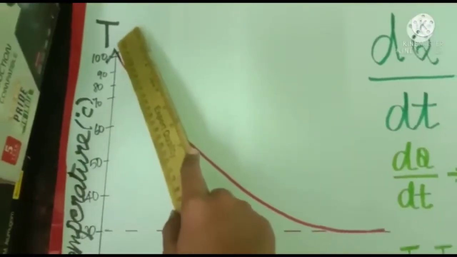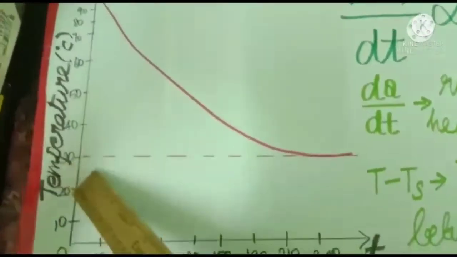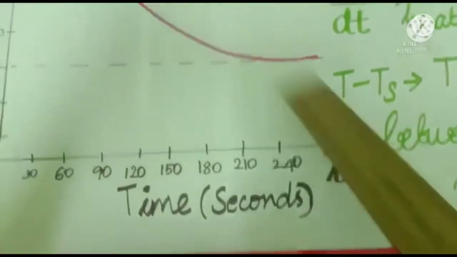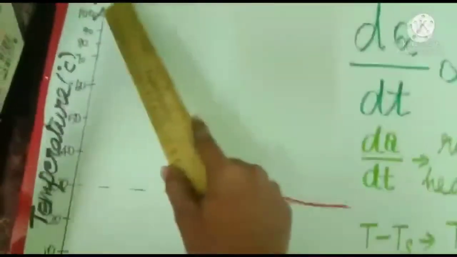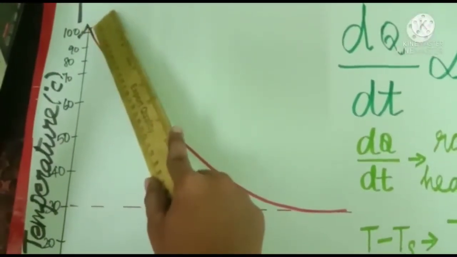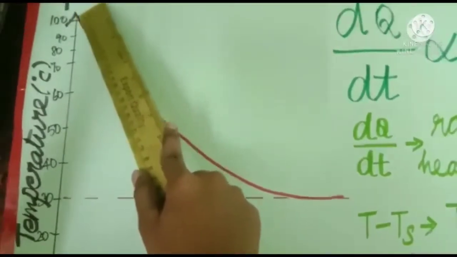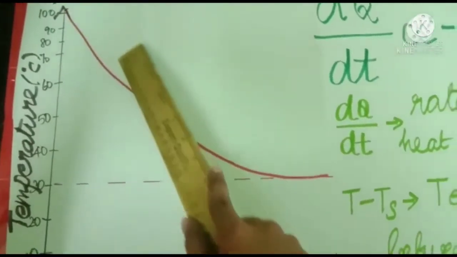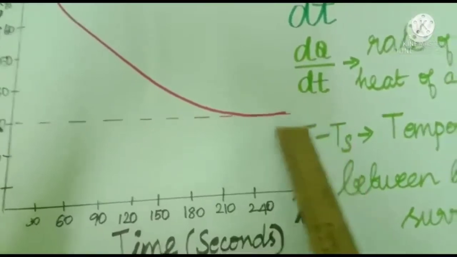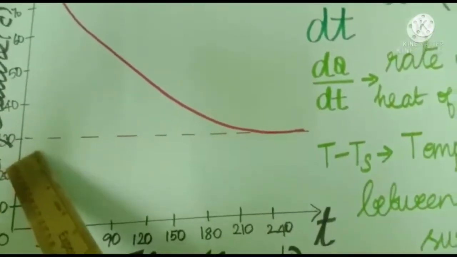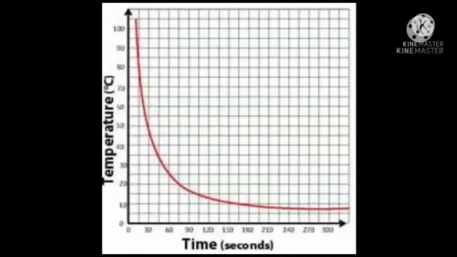Now, when we plot the graph between the temperature in degree Celsius along the y-axis and time in seconds along the x-axis, at the point 100 degree Celsius, that is at first, the temperature is higher. Then after some time, when you allow it to cool, the graph comes down and it stops after it reaches the room temperature, Ts. Here you can see the exact plotting of Newton's law of cooling.